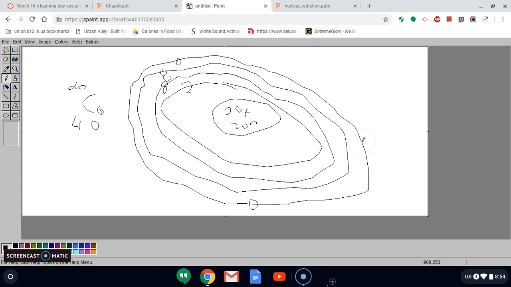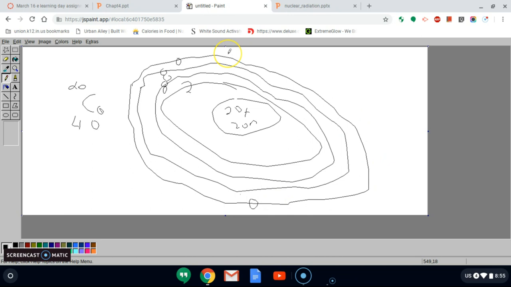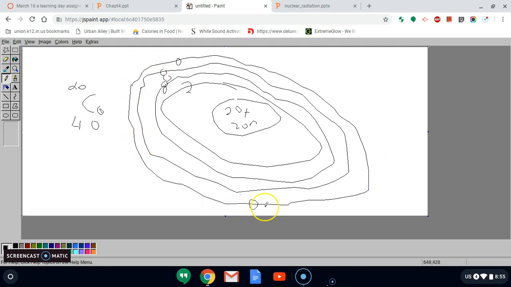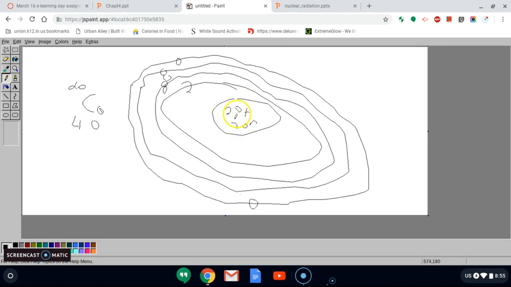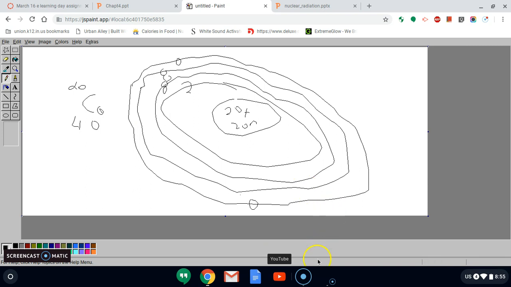So hopefully you have your drawings done. Hopefully you're doing okay with all that, and seeing how this works. I just want to go over this with you today. Okay, so that's just a review on your drawings. Take a look at what it is. If you're still really confused about it, ask me today. Shoot me an email. It's the whole point of this learning process, that if you're not sure about what goes where, like you're not sure why there's 20 electrons out here, just make sure you're okay with that. Okay, so just a review on this, and then in the next video